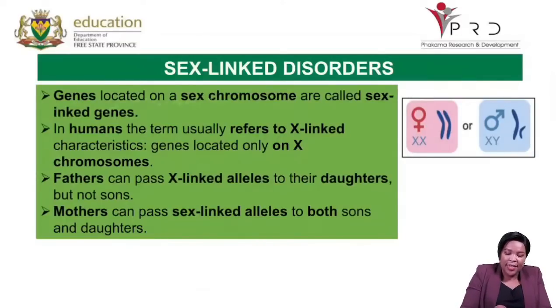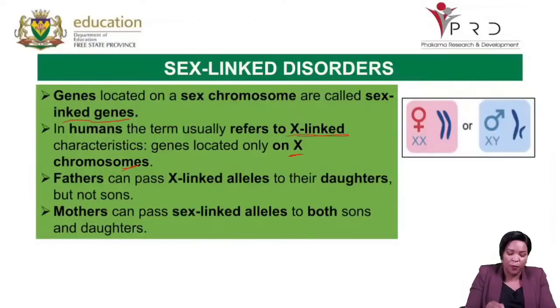Genes located on the sex chromosomes are called sex-linked genes. So on your X and your Y, sometimes there are genes that may be affected by certain diseases. So we'll say those are sex-linked. Why are they sex-linked? Because they are found on the sex chromosomes, on the X and the Y that I've just shown you. Now, in humans, the term usually refers to X-linked characteristics, or the genes located only on the